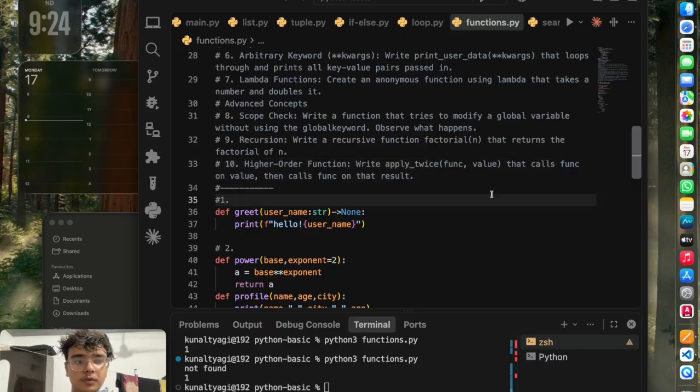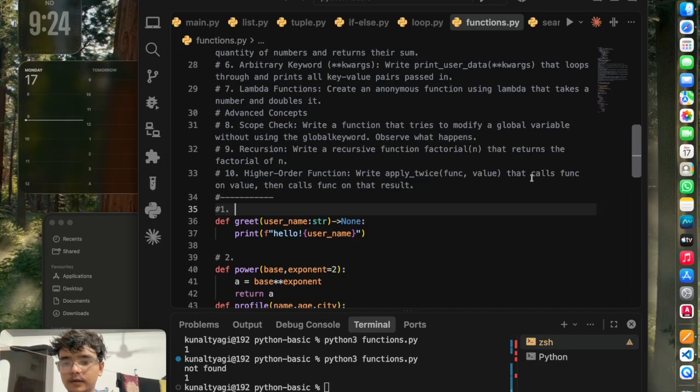So what it will do, it will call a function, and then it says call function on value, then call function on that result. So we have to use this function,